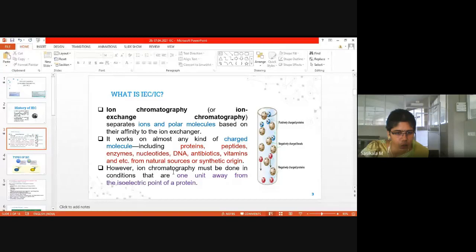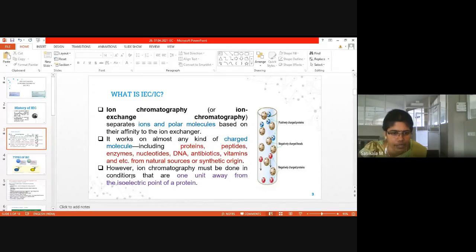If the pH is low, it will exist as acid, and acid means it will carry a positive charge. If we take a pH above the isoelectric point, it is considered basic, where the protein will exist as a negative ion. So through anion and cation exchange chromatography, proteins can be separated. Which is the most important parameter to consider for separation of protein? The isoelectric point, called the pI value.